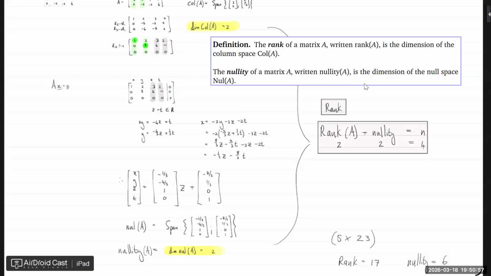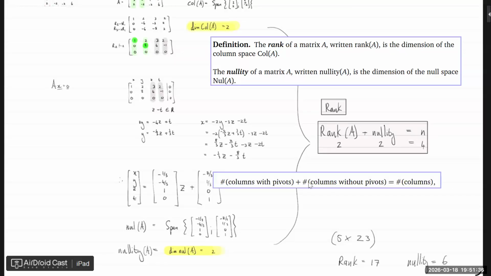So even if I don't want to calculate that nullity, I know by now that if I were to do the homogeneous solution of that 5 by 23 matrix, in the end, there would have been 6 free variables, and my solution set will be something times the first variable, plus something times the second variable, and so on. So there would have been 6 columns that are, let's say, linearly dependent. Makes sense? So you can think of it like this.